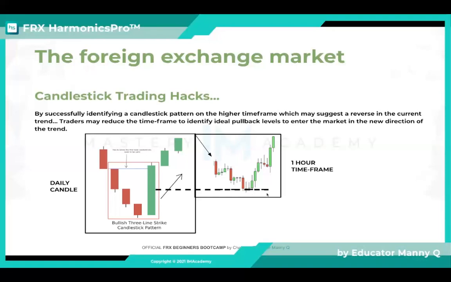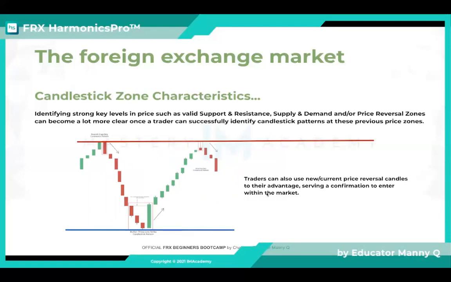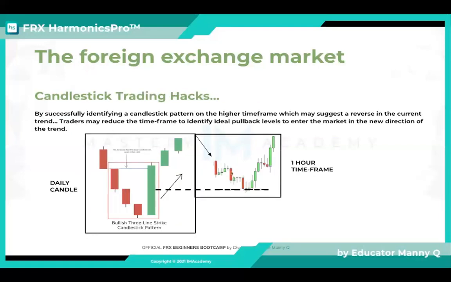So ideally, you want to find these pullback levels come to one of your key retracement levels, which is that 1/3 to 2/3 of a move pullback, which is that 38.2, that 50, or that 61.8 Fibonacci